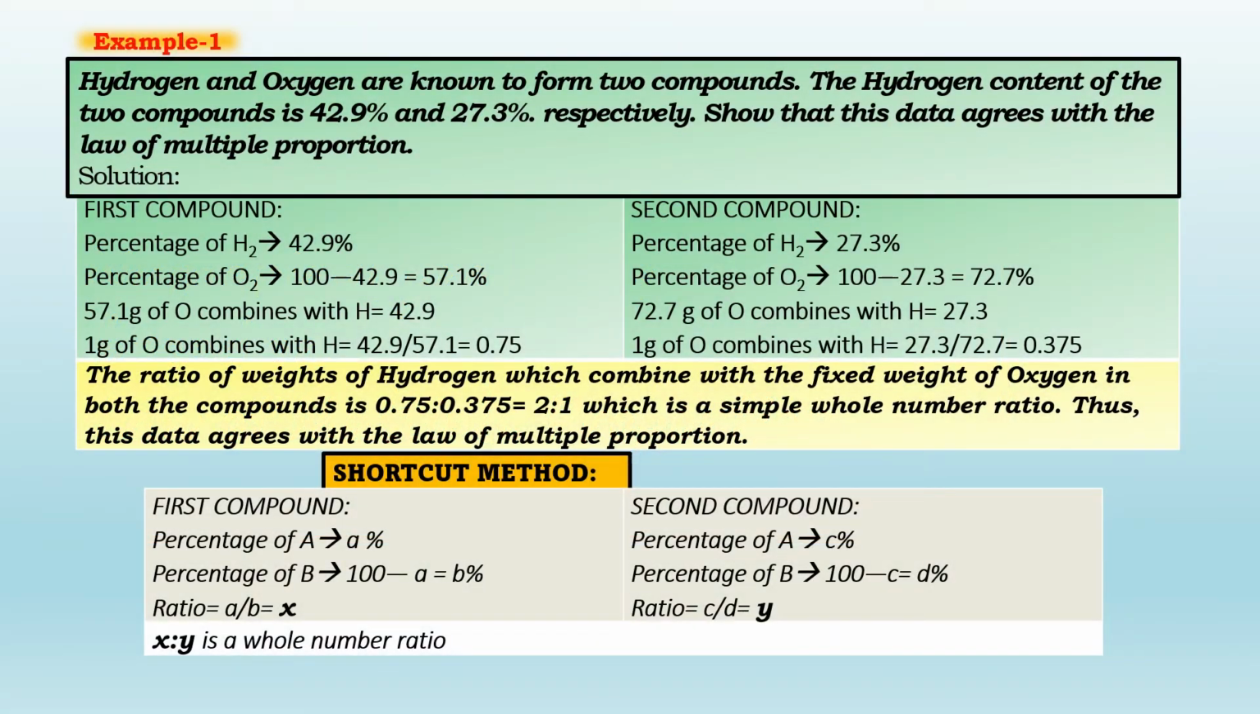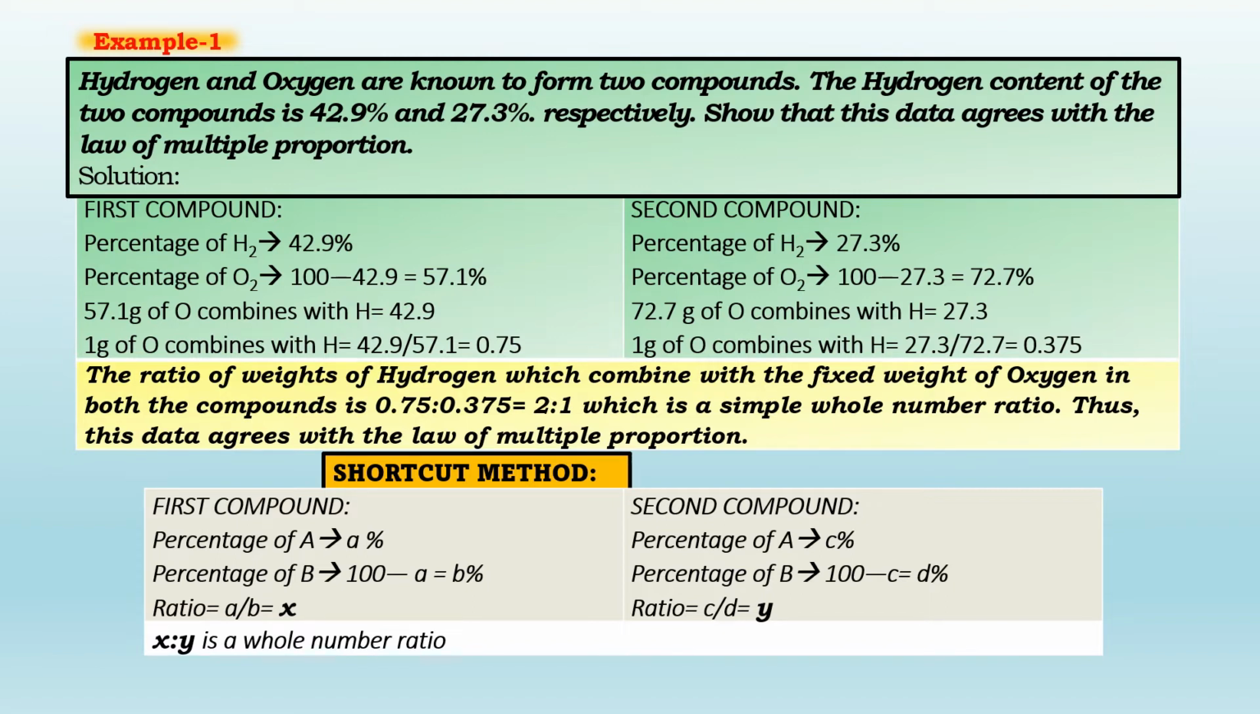Example 1. Hydrogen and oxygen are known to form two compounds. The hydrogen content of the two compounds is 42.9% and 27.3% respectively. Show that this data agrees with the law of multiple proportion. Solution: first compound,